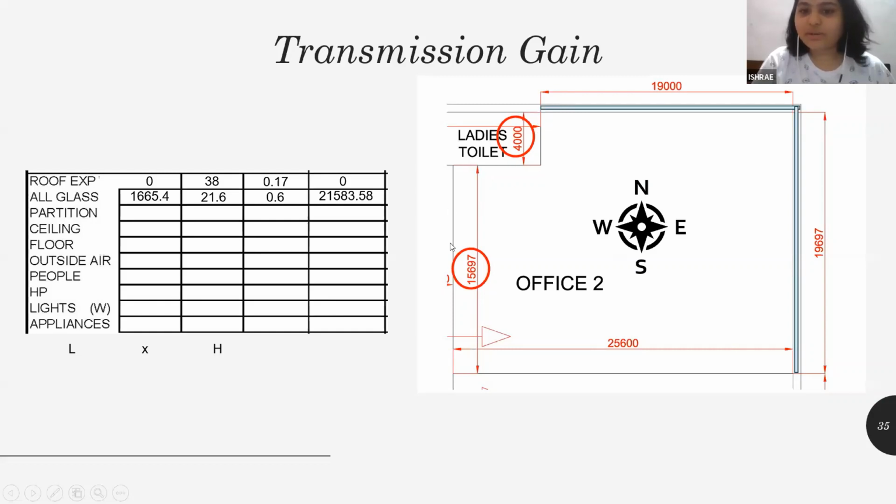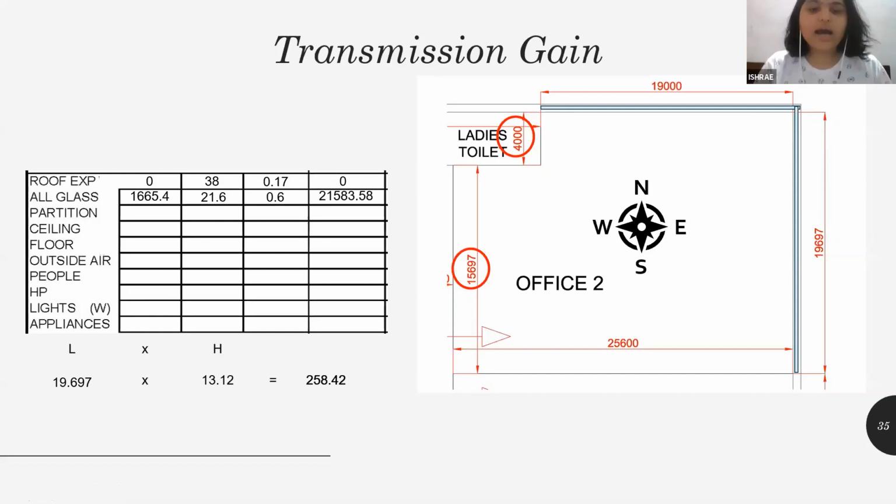This total makes the partition. What is a partition? What to consider a partition? Again, you'll have to go back to Gaurang sir's lecture to know that. I'm not just going to explain all that. So you add all of that up and you put it here. Then you get a particular area and you multiply it with the height, and so you get the total length of the partition. You multiply it with height and you will get the total partition.